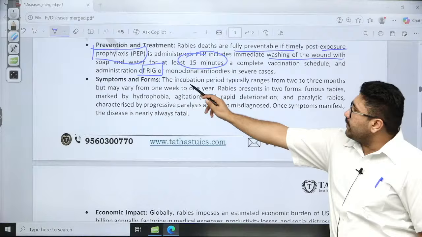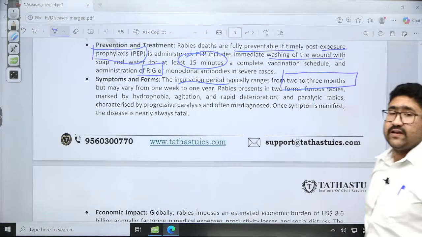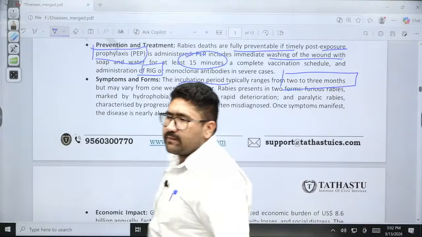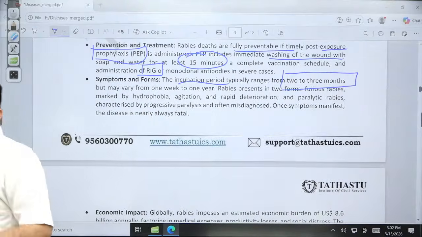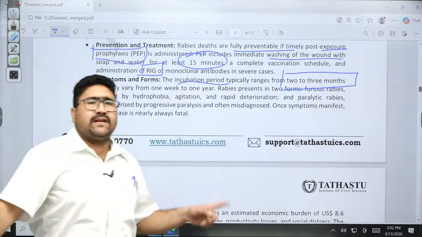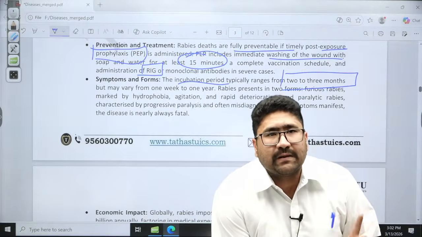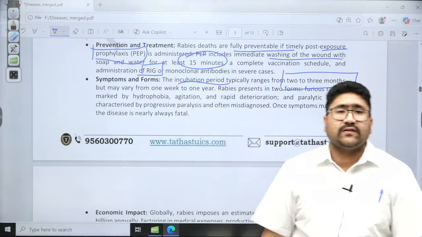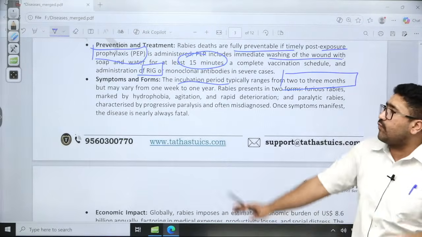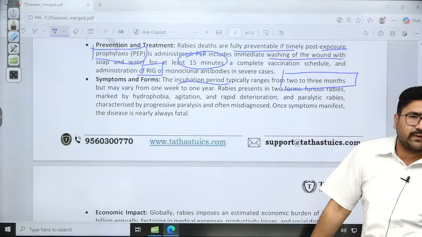Symptoms. The incubation period of the disease typically ranges from 2 to 3 months. That means the symptoms will take 2 to 3 months to appear in the human body after the life cycle is complete. The dog bit you today, but you will only find out after 2 months; it is not immediate, so the symptoms will come after 2 months. Therefore, what you need to do is wash the bite immediately. There should be immediate medical intervention, and you should not wait for symptoms, because